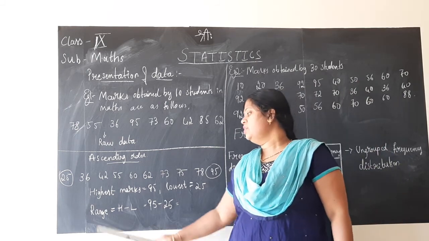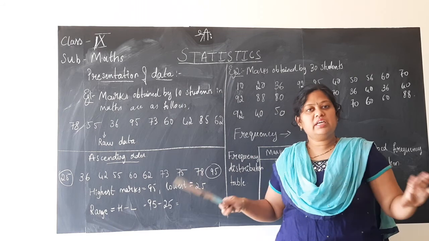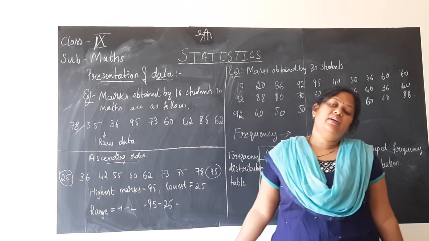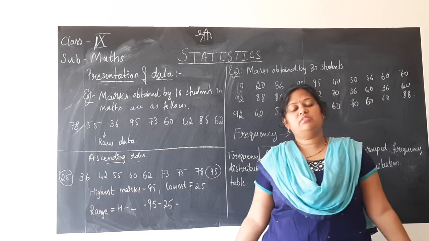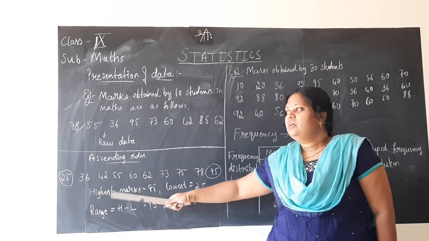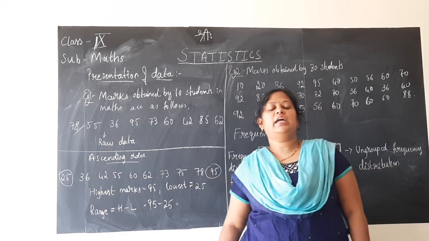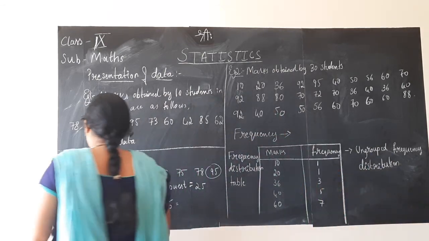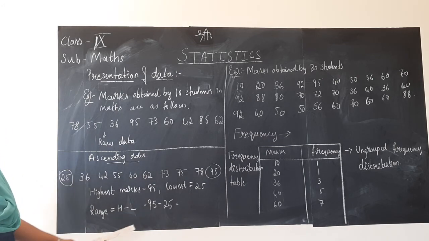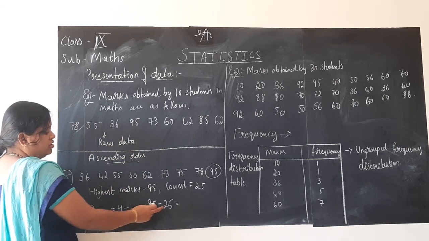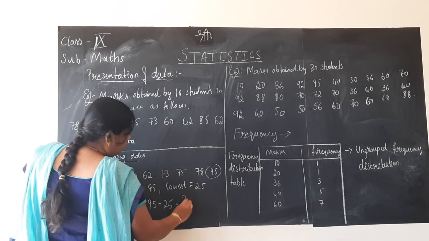Data handling chapter. So what is range? Among the given data, here in this example scores are given, maybe temperature is given, or maybe days of a month or months in a year, any information can be given. Highest minus the lowest value, the difference you get is called the range. In this particular example, range is H minus L, that is highest score minus the lowest score. What is the highest score here? 95. Lowest score is 25. When you subtract 25 from 95, what you get is 70.